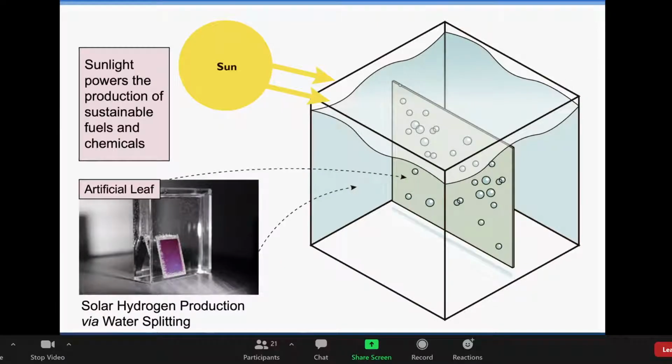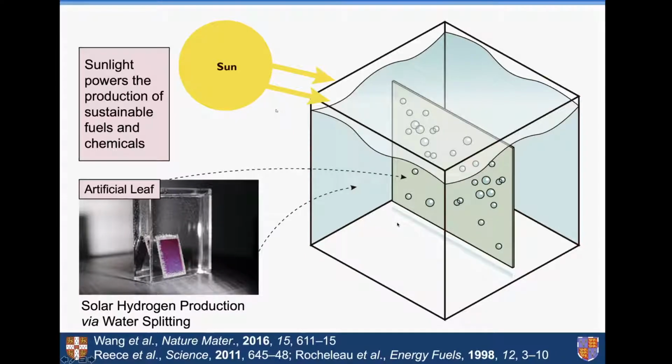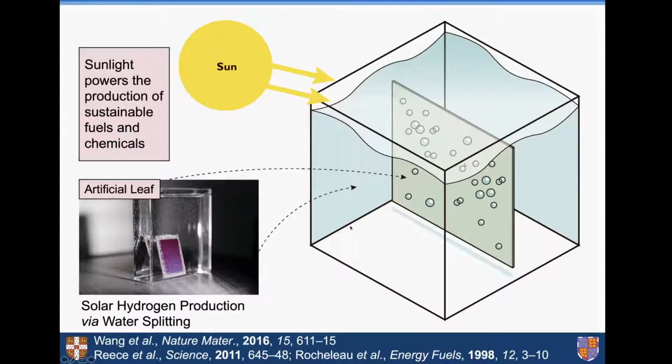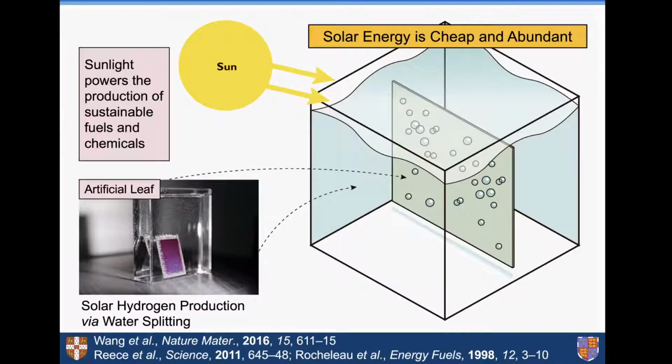So there has been good progress on such systems over the years. The system has been proposed quite a long time ago, and the first practical devices really have been pioneered by the groups of Nocera, Katsunari Domen, and a few others. And here's just one picture. What they show is indeed, if you put such a sheet into an aqueous solution, shine light on them, they can evolve hydrogen. However, current systems have been limited to the conversion of water into hydrogen, and more complex chemistry has still been a big struggle in the community. But before we go into the catalysis and the conversion of carbon dioxide and waste into fuels, I just want to briefly